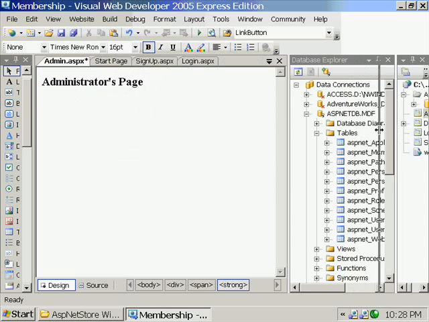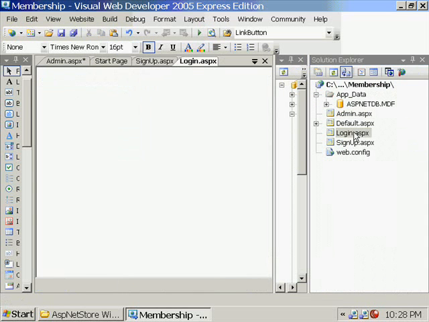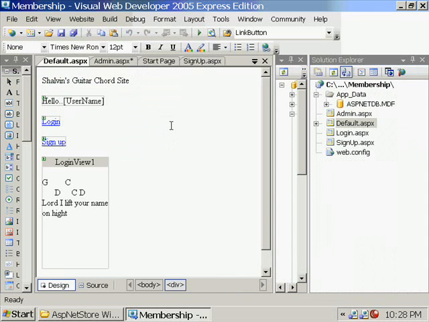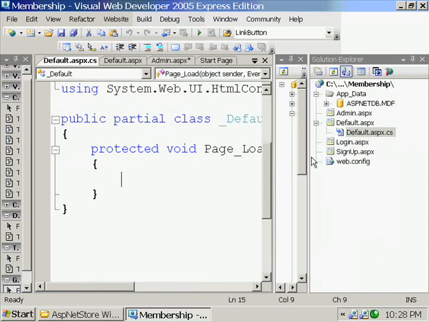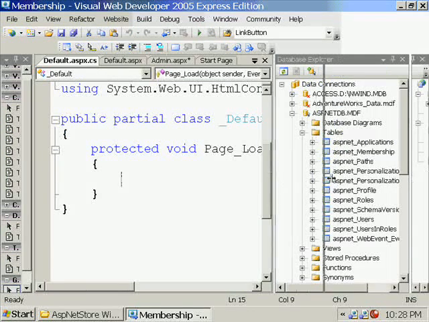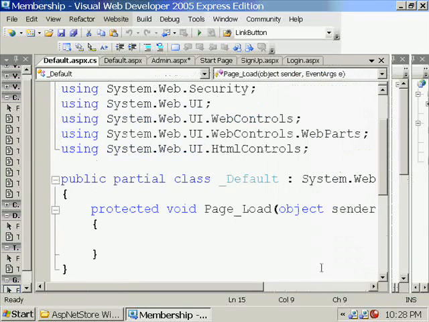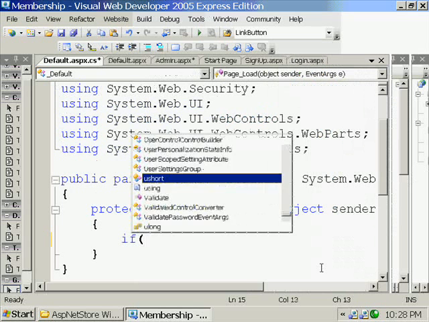And I'm going back to the login page, the default page. After the login, you will be going back to the login page. In the entrance of the login page, it is checking for the role of a user. If User.IsInRole